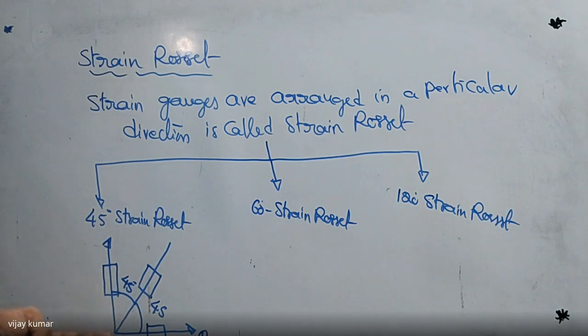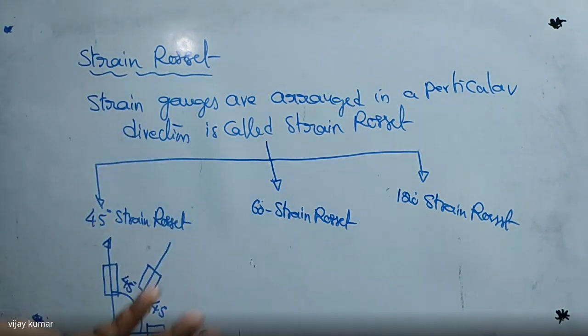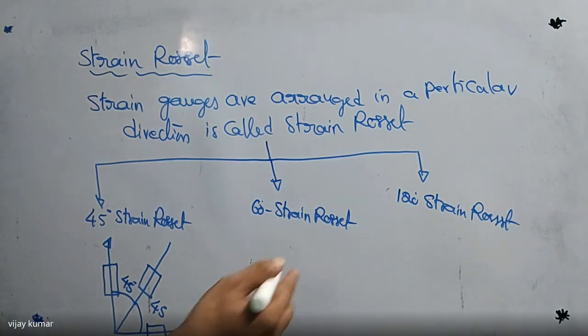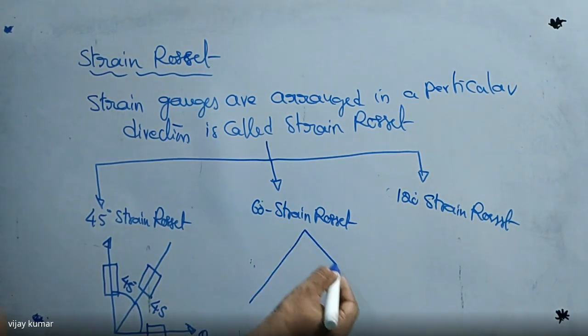So I can find the strain value on horizontal plane. I can find the strain value on vertical plane. I can find the strain value on the oblique plane. If you know the strain value on oblique plane, then substitute those values in the stresses, and we can find the principal stresses.